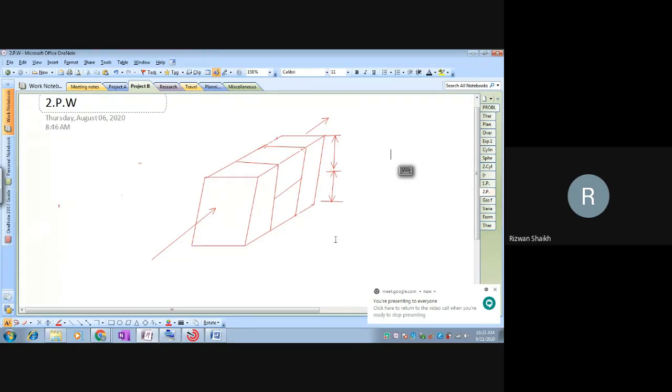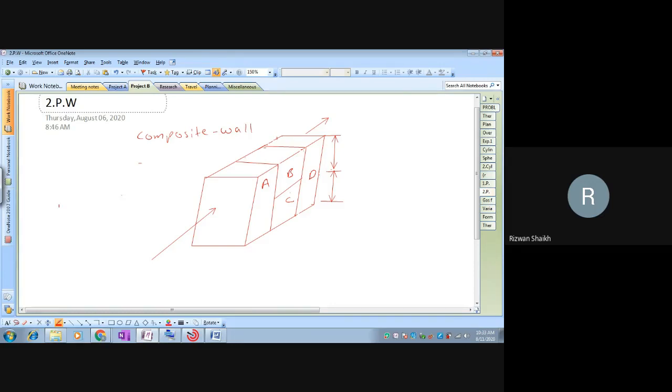I will write the given data for you, so it will be easier to understand. Now, this problem is of a composite wall. In this composite wall, we have 4 layers. For example, this is your layer A, this is your layer B, this is your layer C, and this is layer D. Till now we had solved problems with a continuation of layers A, B, C, and D. Here we have layer A, layer B, layer C, and layer D in this way.